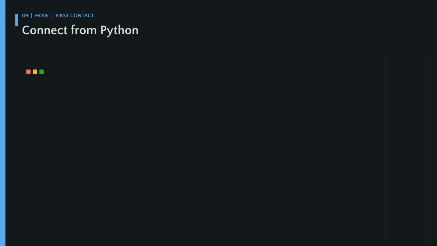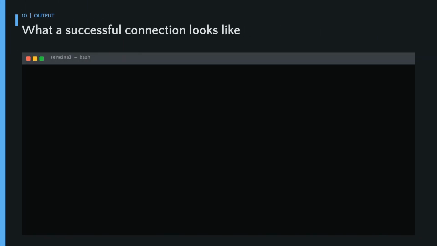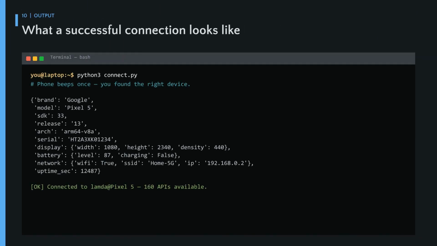Now, let's connect from Python. The "device" class is the single entry point. Start by importing "device" and creating an instance using your device's IP address. You can warm up by making the phone beep. Then, print the device information to confirm the connection is working. A successful connection will execute the Python script, causing the phone to beep once. The terminal output will display detailed device information, confirming that the connection to the Lambda service is active and the